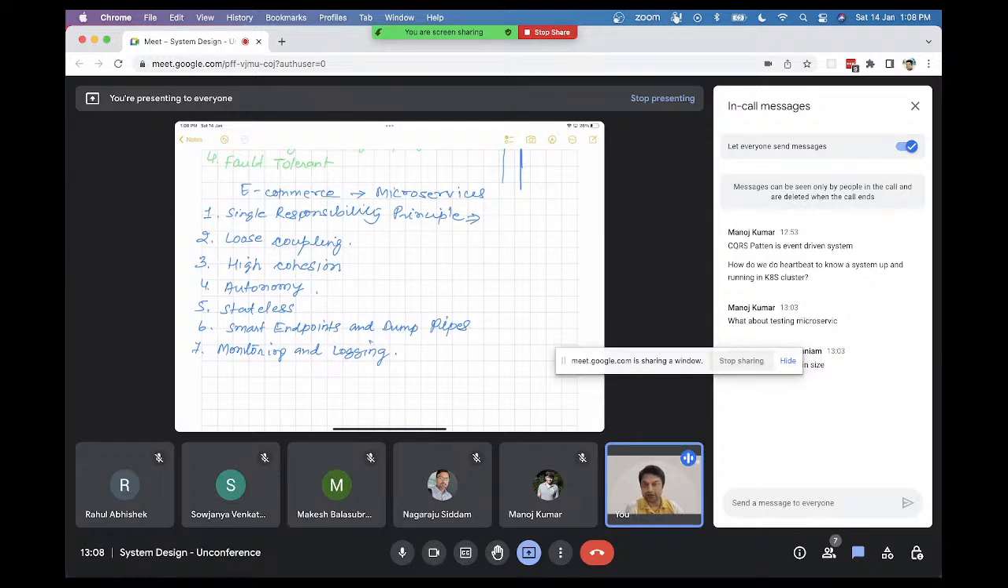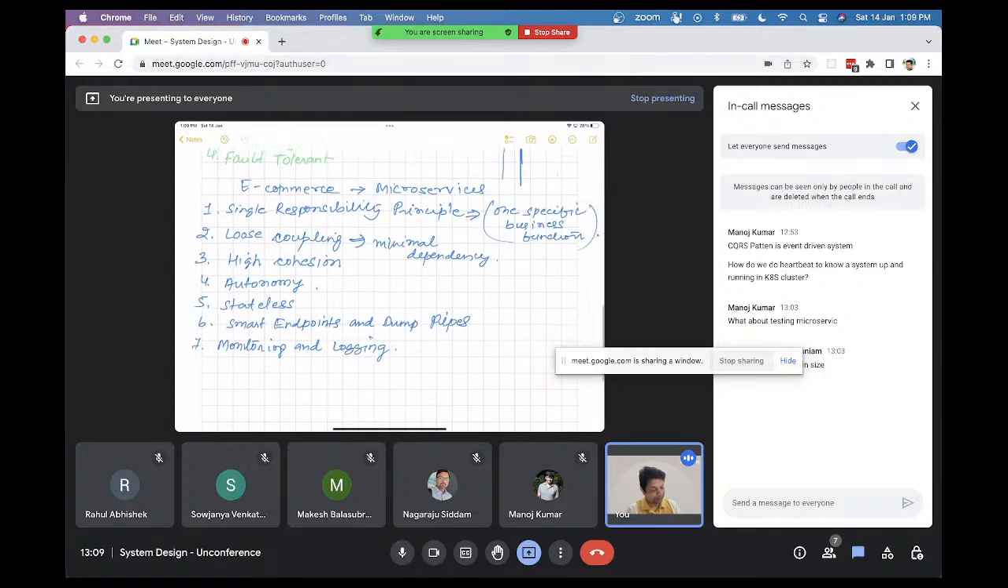So this is also separation of concerns, and a particular microservice should be responsible for one specific business function. So all microservices should be responsible for one specific business function, right? So this is one important guiding principle. About loose coupling, we should say that there should be minimal dependency between microservices. Then when we talk about high cohesion